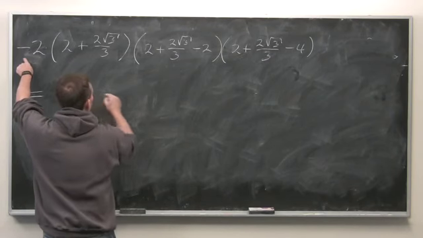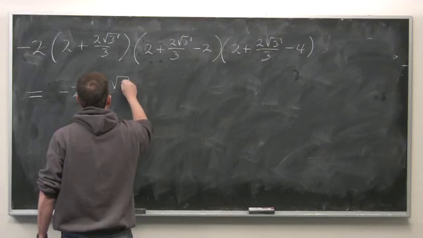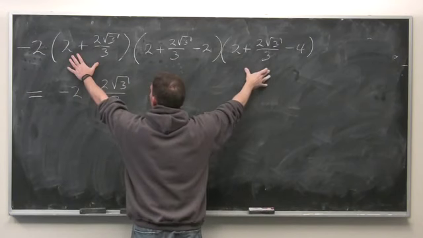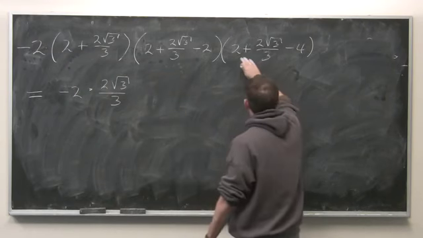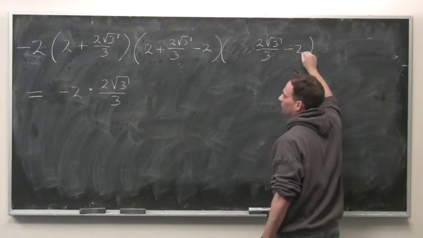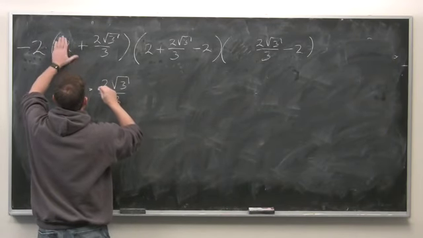We get a minus 2. Here the 2's cancel, so we get a 2 times the square root of 3 over 3. So I've taken care of this part and this part. If you look at this and look at this, here you have a 2 minus 4, so we can write that as minus 2. If you think of this written kind of in the other order,